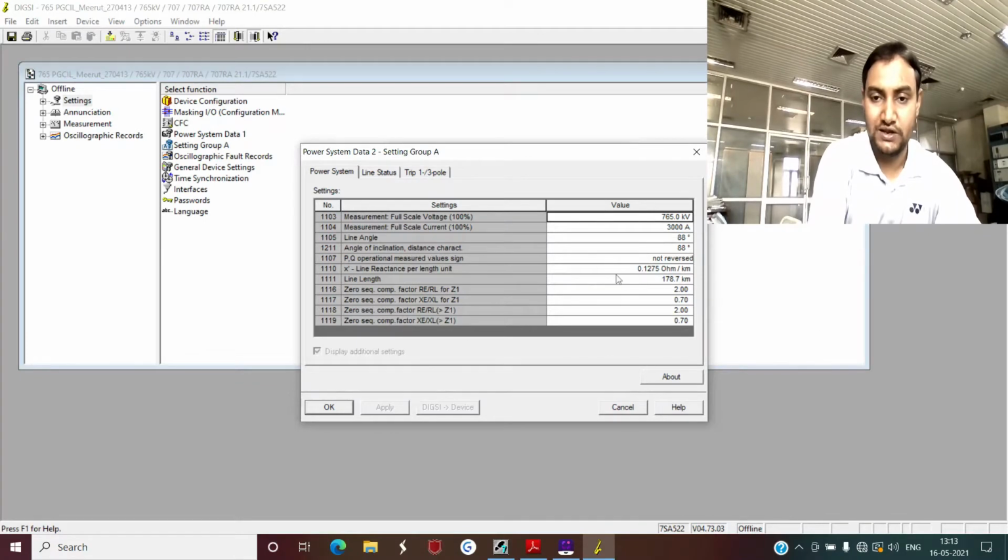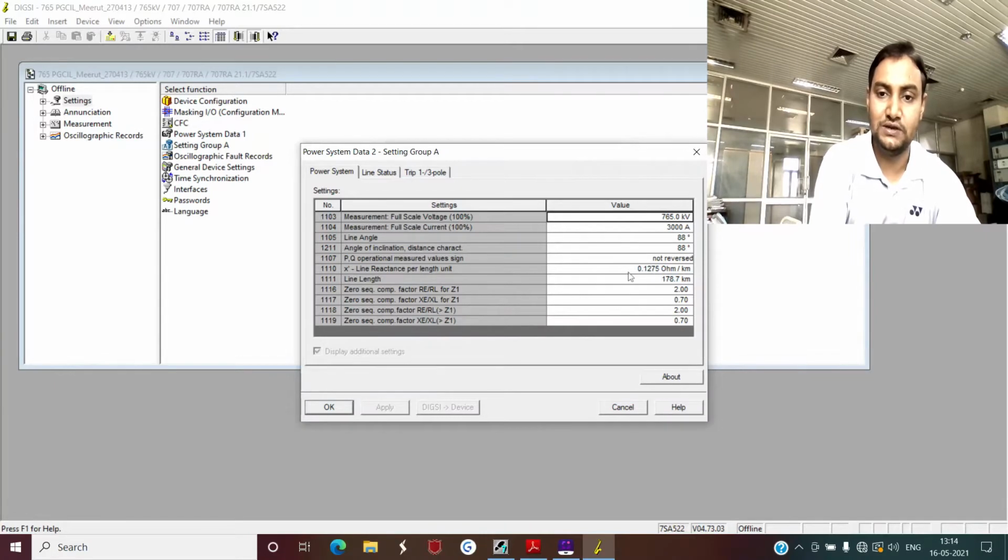Right now, the important setting for us is the line reactance per unit length, which is 0.1275 for this particular line, and the line length, which is 178.7. Why is this important? Suppose your protective relay has detected a fault, and on detection it has calculated a total reactance up to the fault as 127.5 ohms.